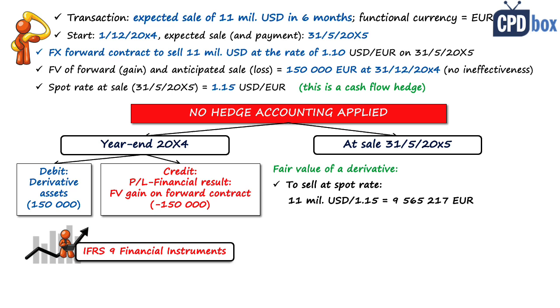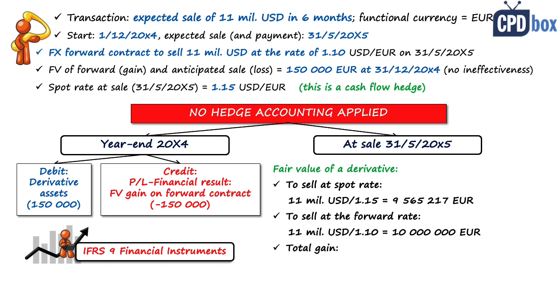and that is 9,565,217. However, we have a contracted forward rate. So we will receive 11 million US dollars divided by that rate of 110, and that is 10 million euros. So our contracted forward rate is more beneficial because we are receiving more euros for 11 million US dollars than at the market spot rate. And therefore we have a gain here of 10 million less 9,565,217,